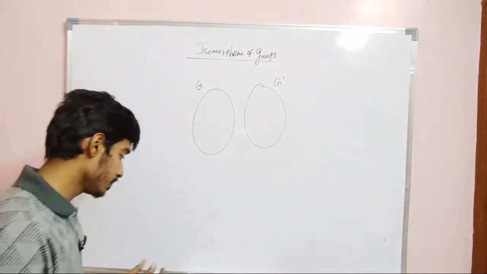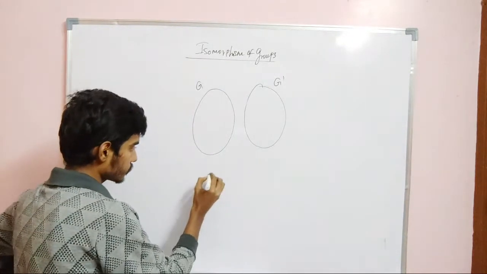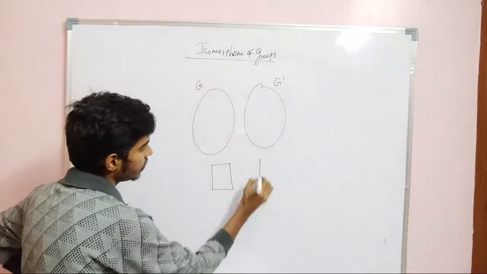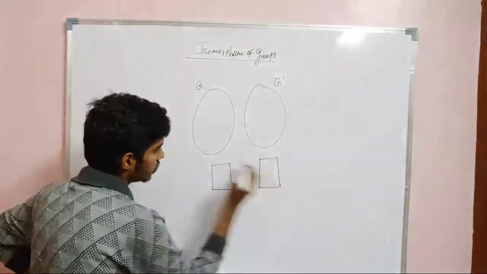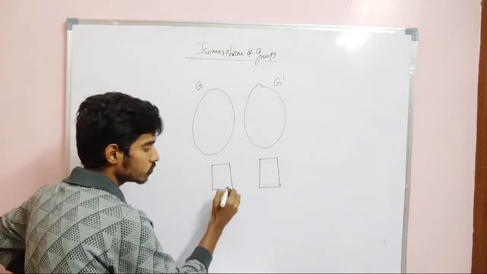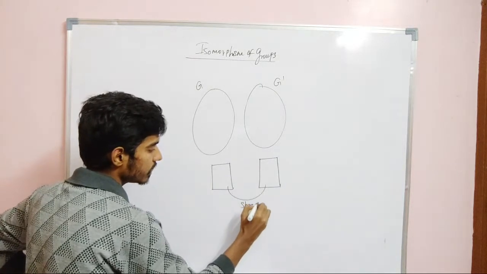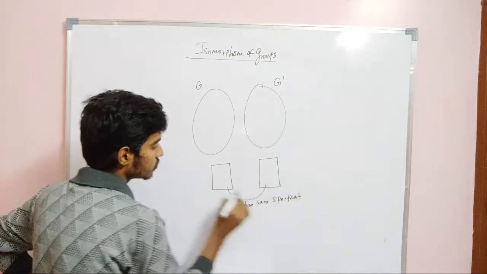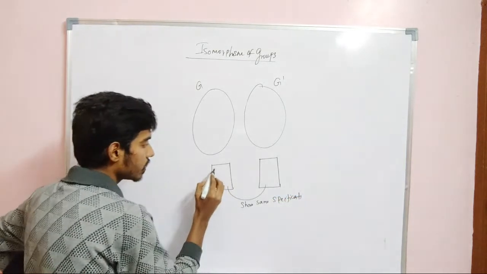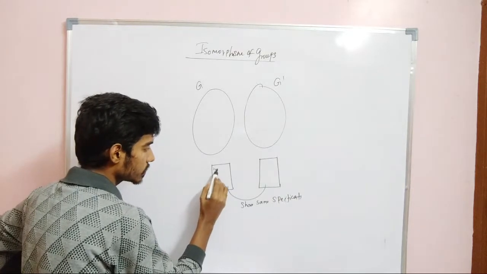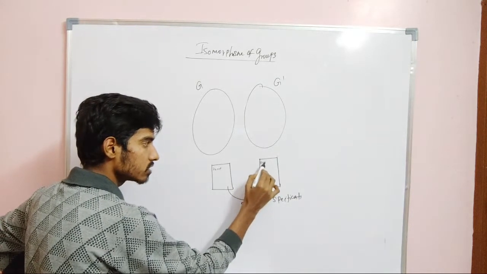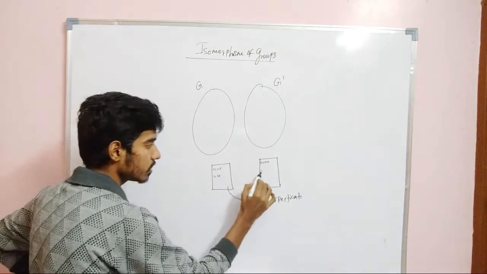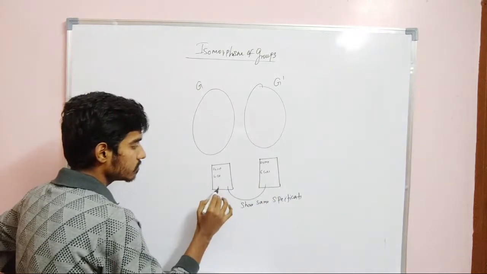Right? Like for example, if I have a phone, let us say it is a phone. Let us say we have another phone. So let us say these 2 phones share the same specifications. For example, if it has a 64 megapixel camera, this phone also has a 64 megapixel camera. If it has 6 GB RAM, this also has 6 GB RAM. But this brand is different,